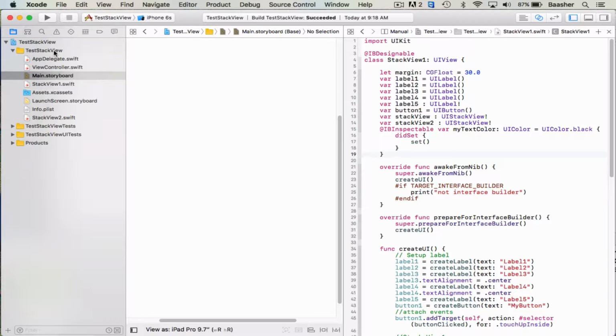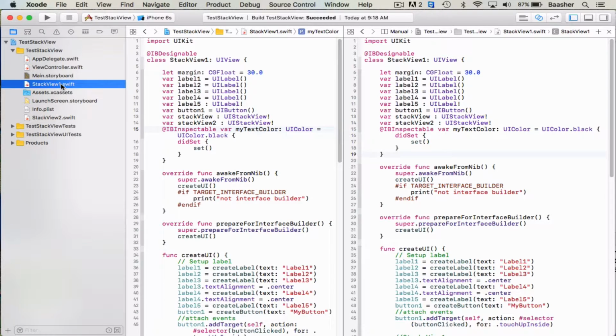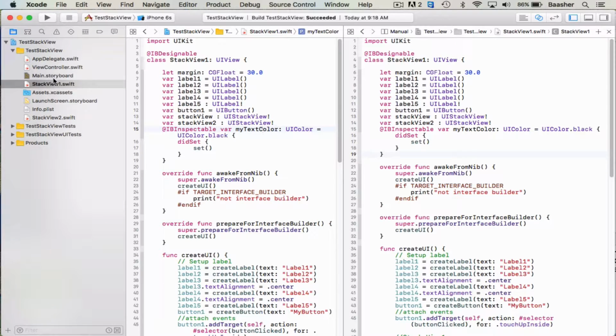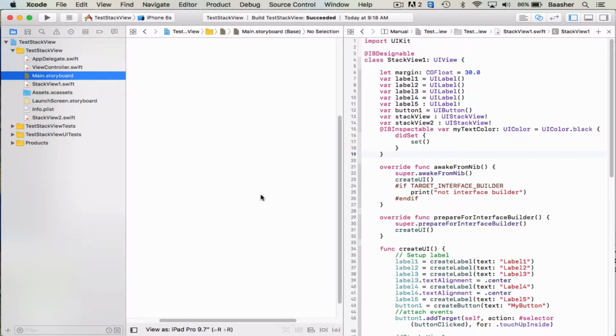Next step that I need to do in the Project Explorer is add another class that inherits from UI view. Of course, it's not going to have all of these things in it. It'll be just a class StackView1, I called it, and it inherits from UI view. And that's it. The job of the Project Explorer is done at this time. So I'm going to hide it to give us more space. Now, actually, one thing before I close it is to click on the storyboard so I see it here,